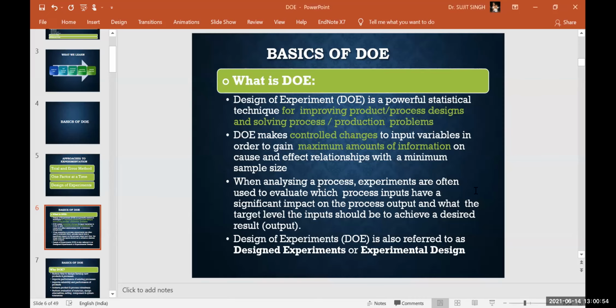Some are less significant, right? The contribution of a particular input to a particular output, how much it is going to contribute to that output. All input factors may have different contributions.